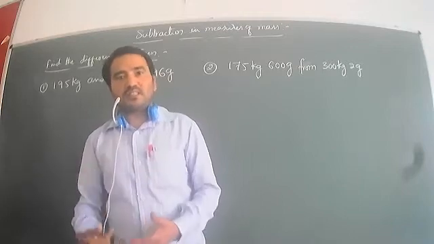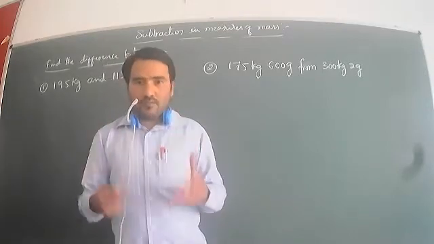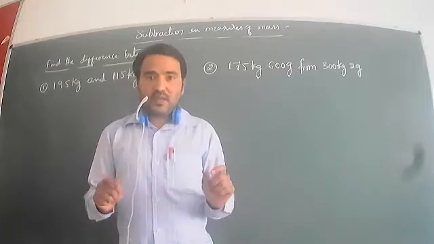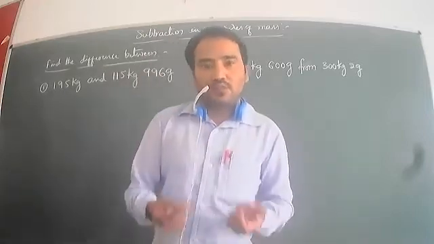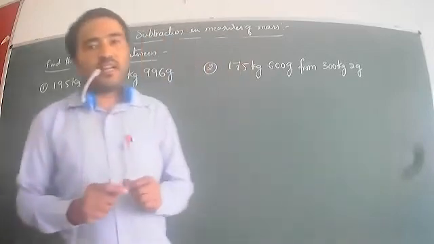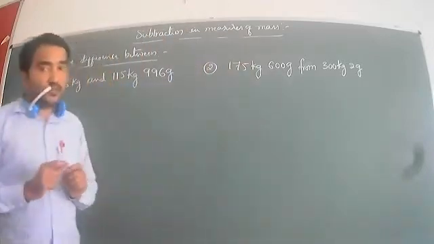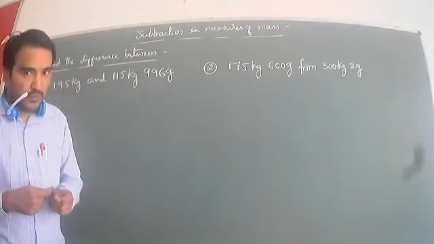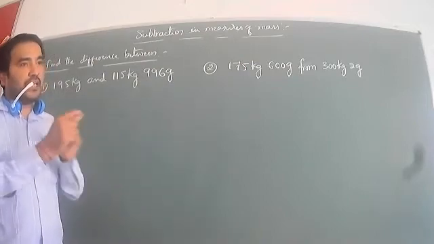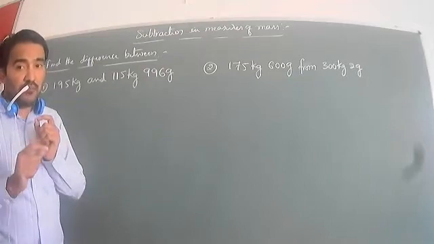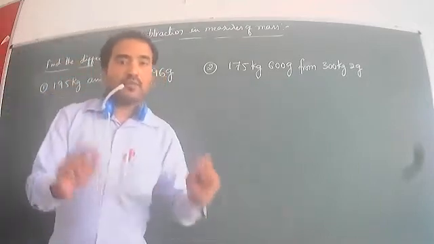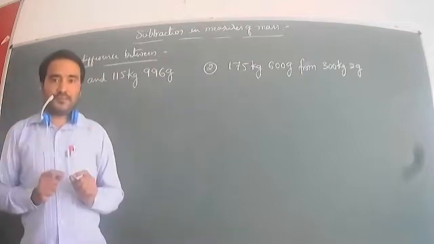In subtraction we can also arrange the numbers column-wise, but here we take the biggest number first and then the smallest number afterwards. First we compare the bigger unit only. Which is the bigger unit here? Kg, and gram is the smaller unit. So first compare the kg, don't compare gram. Once we compare kg, gram will also follow.